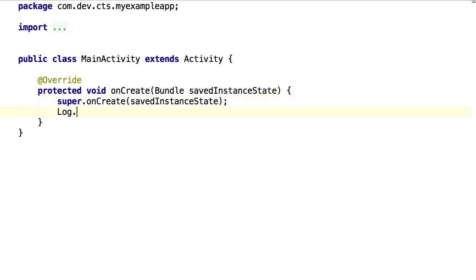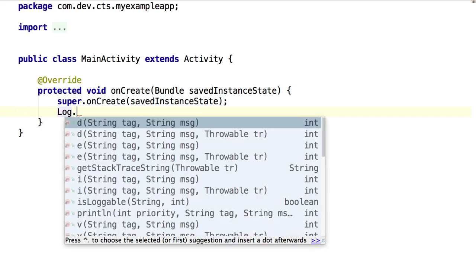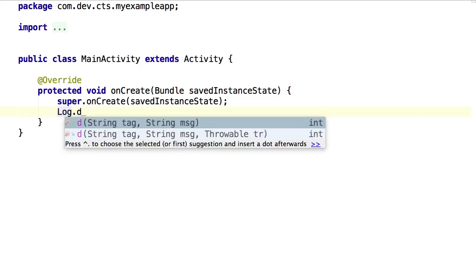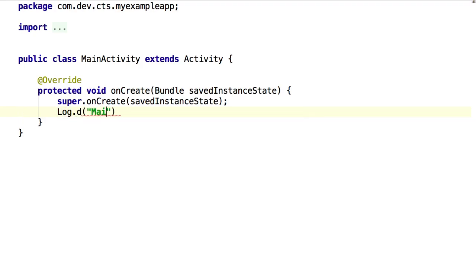So I was telling the need of having a log instead of console to identify which statement or which activity is printing the console output. The first one, I'm going to type main activity,